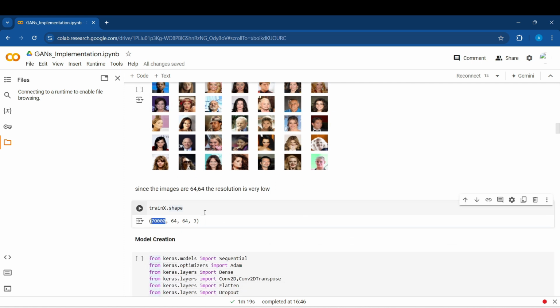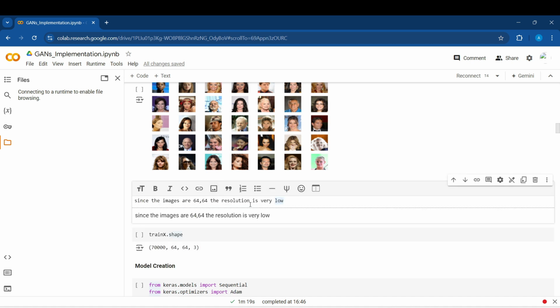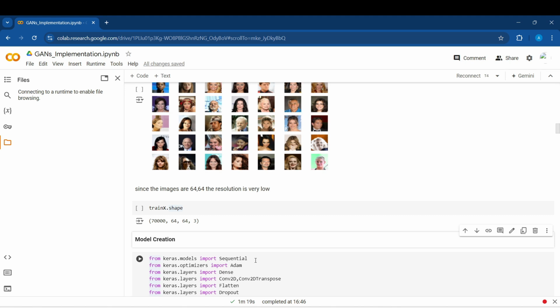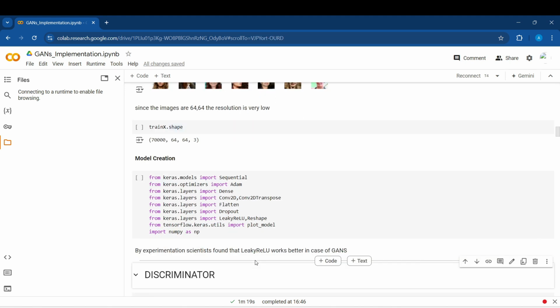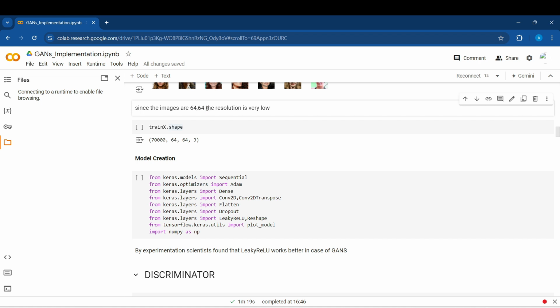And this is 64, which is not very low. I'm using a 64 dimension, but you can do 32 also, though 64 is better. So I'm using this shape, and after that we will go on to model creation. For model creation, we will first create the discriminator, and after that we will create